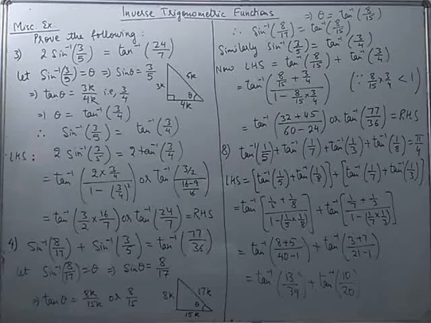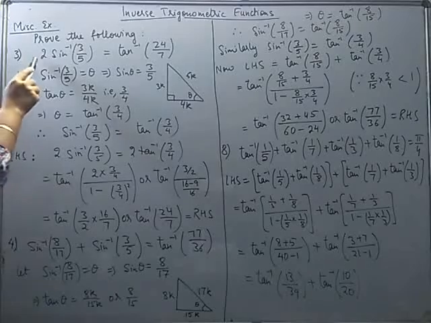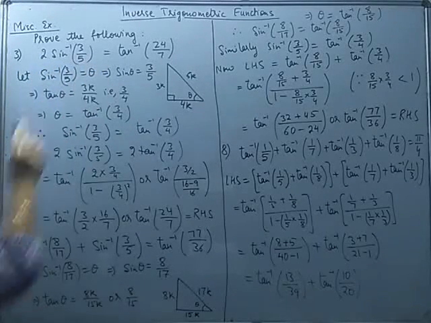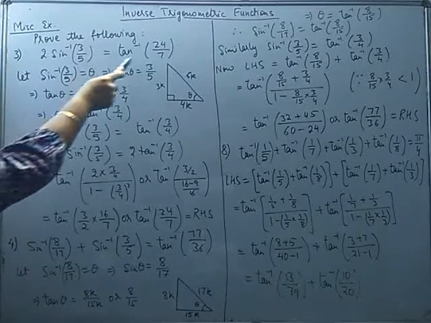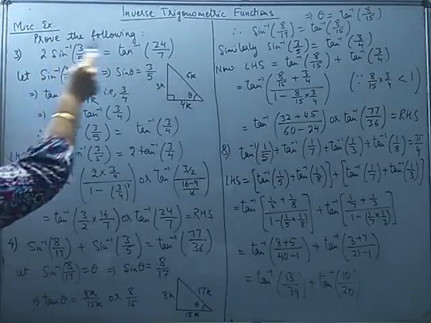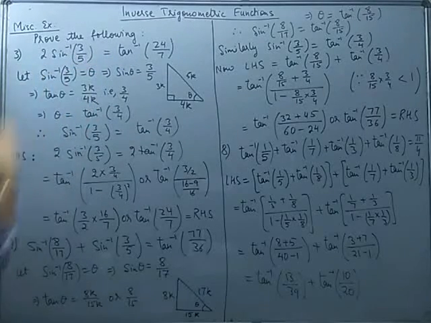All these we need to prove. Okay. So we have to prove twice of sine inverse 3 by 5 is equal to tan inverse 24 over 7. If you remember, we have done most of the results in terms of tan inverse of a certain number. So if you look at this, we simply have to convert this expression into tan inverse. So we can use substitution and solve it.